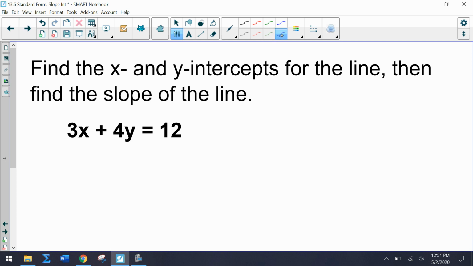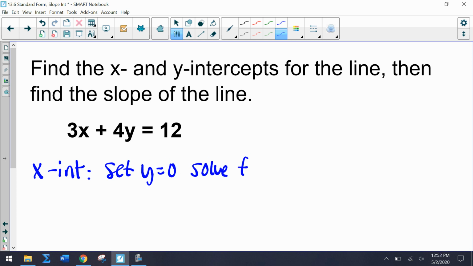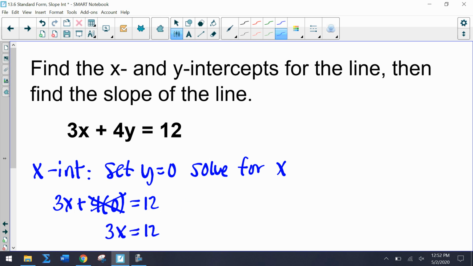Okay, so let's practice. To find an x-intercept, I'm going to set y equal to 0 and then solve for x. So I have 3x plus 4 times 0 equals 12. So that gives us 0. So x equals 4. So (4, 0) is your x-intercept because we plugged in 0 for y and then